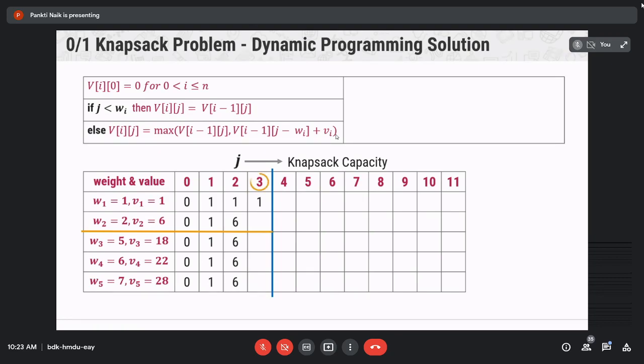Now does anybody have any doubt in this creation of the knapsack table? No, ma'am. So match your answer with the solution shown on your screen.